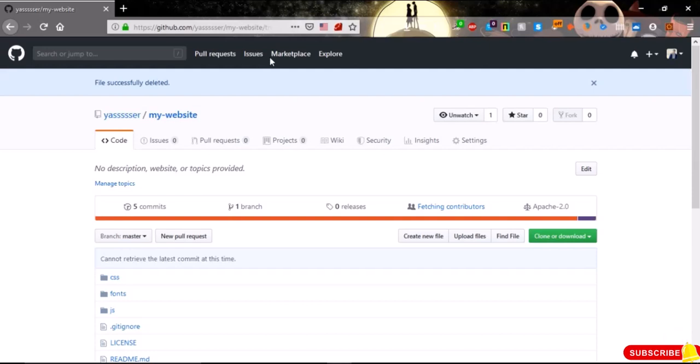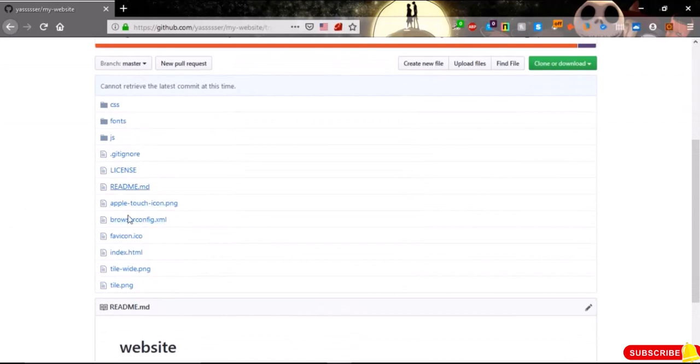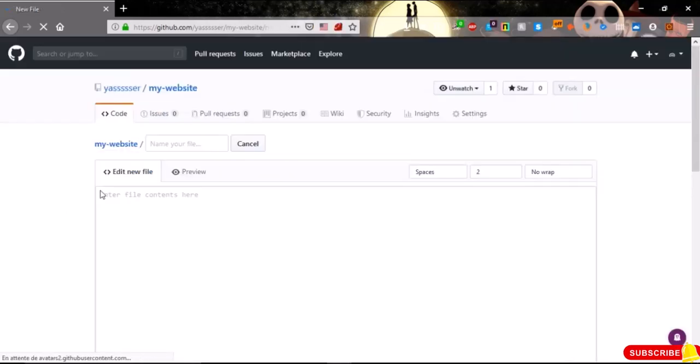In this video we will learn how to create a new file, edit it and delete it, and also how to synchronize our remote repository to our local repository. So first of all, let's create a file. For example, I want to create a file here. We have the button here, create new file. Let's click on it. After that we should, for example, put a name. Let's just say